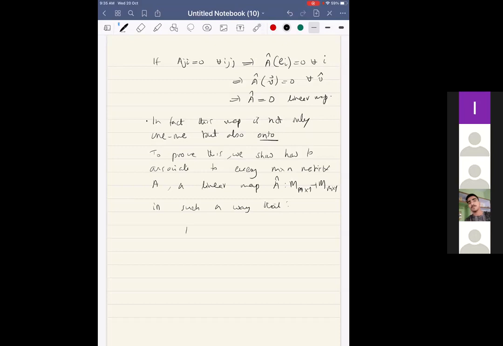Earlier I showed you how to go from here to here, A. Now I'll give a way of going the other way. And if by doing this I ended up with a different linear map, then clearly something is wrong. But we'll show that in fact